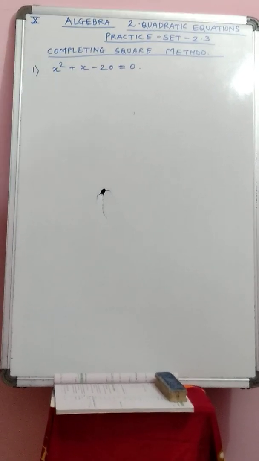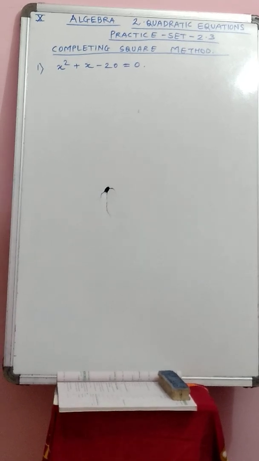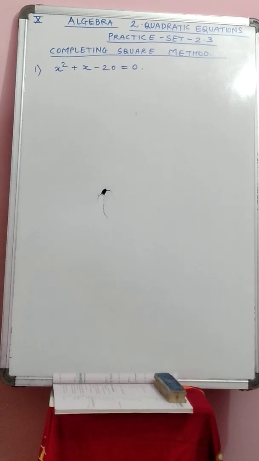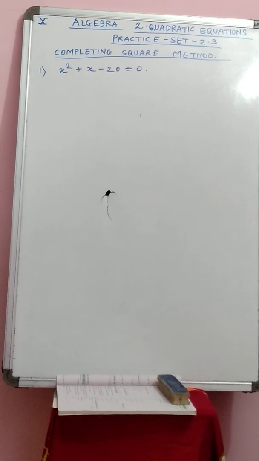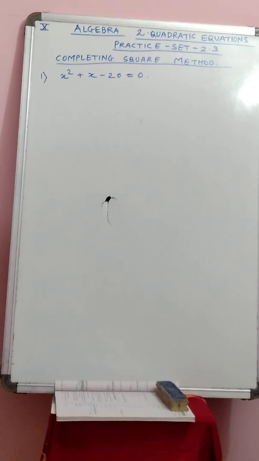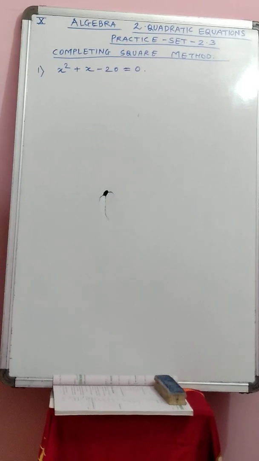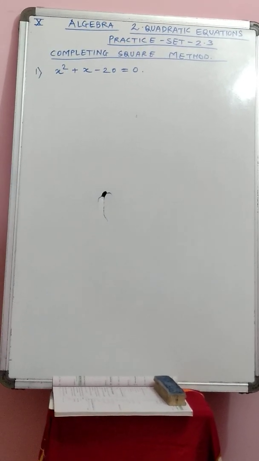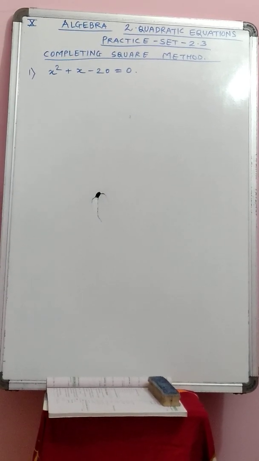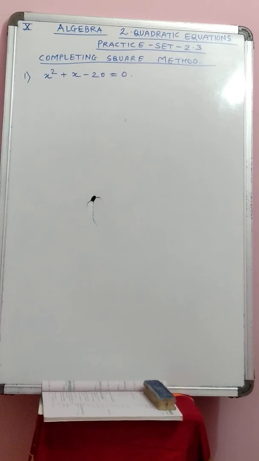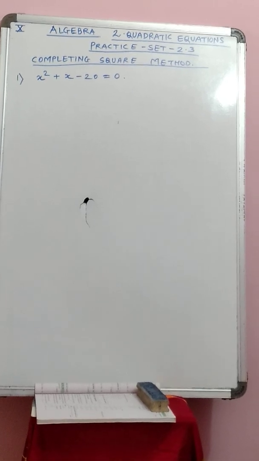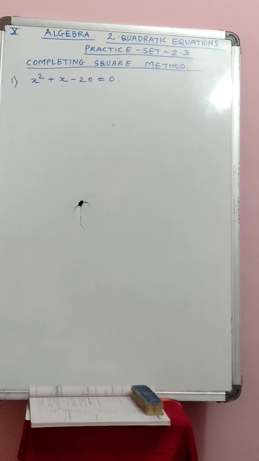So here is the second method to solve the quadratic equation, that is completing square method. Whenever in the exam you are given the method of how to solve the equation, if it is given that you have to solve the equation by factorization method, then you have to stick to that method. And if it is given like completing square method, one more method is also there in the next exercise. Whether the method is given or not, you have to stick to that method. If it is given that you have to use completing square method, then you have to follow that method only.